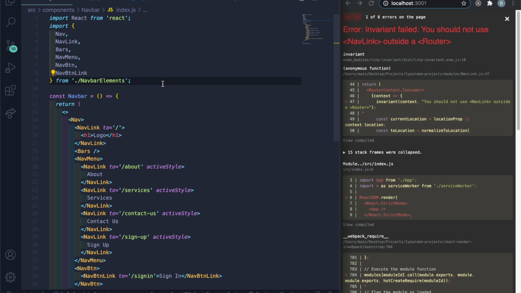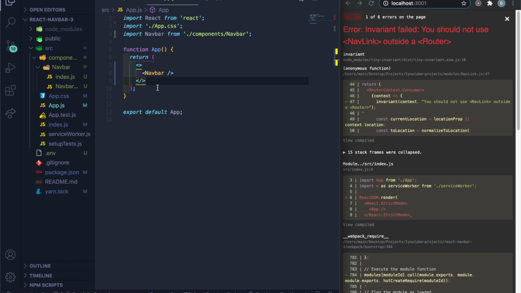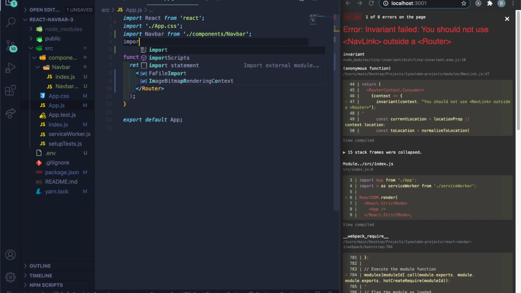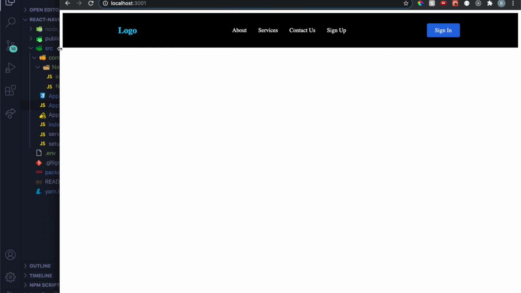So now what we need to do is go Command B back. Again, this is how I close the thing. And I need to go to App.js, and a quick little fix. I just need to wrap everything in Router. And then all I have to do is import this at the top. So just import BrowserRouter as Router, not rotor, from react-router-dom. So this should work now, and voila, we have our beautiful